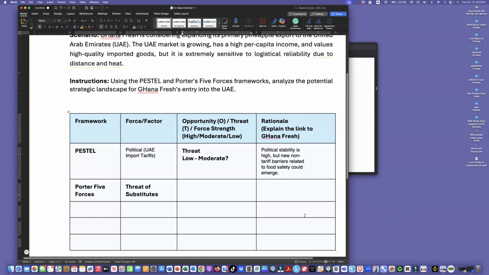The same way with the drink companies. Anybody who has gone to Dubai before can tell you they have got their own drinks. They have got something cola, I've even forgotten the name. So I will not be surprised that even with a fresh product like this, they may have their own fresh version of whatever drink they want. They will have their own premium orange juice. Some of theirs may have been tested, so it may be resistant to the heat and to the distance of a long travel. So I'm thinking that this one could be a high threat,